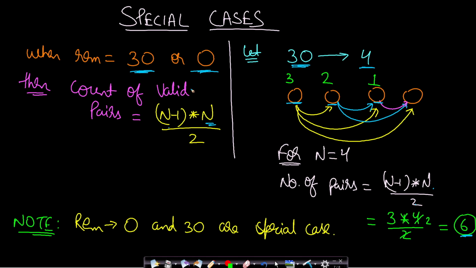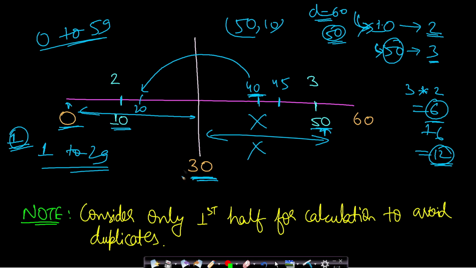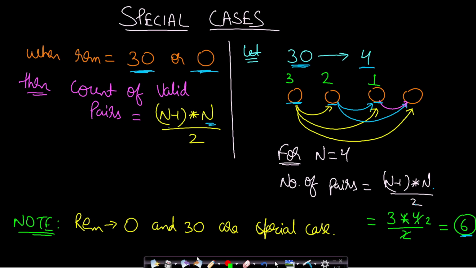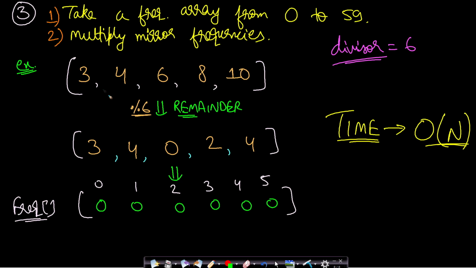Now we have seen how to count the valid pairs, including the special cases as well. I think you can now implement it by using the map. I will show that in the code as well. Now let us look at an optimized version of this entire solution. In this optimized version, it will make use of all the examples and observations which I have already shown.